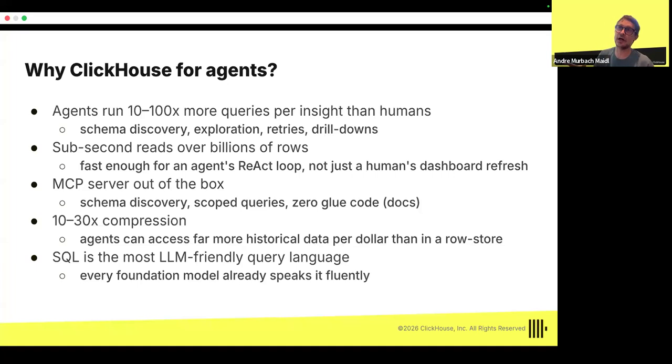And like the compression I already mentioned, this makes it very easy to access historical data, especially when we are talking about huge amounts of data, where if you lose a tiny bit of data, you lose historical data. In ClickHouse, you don't need to worry about that.